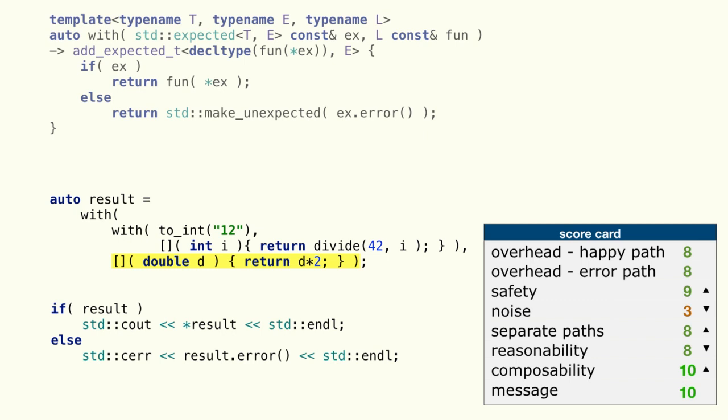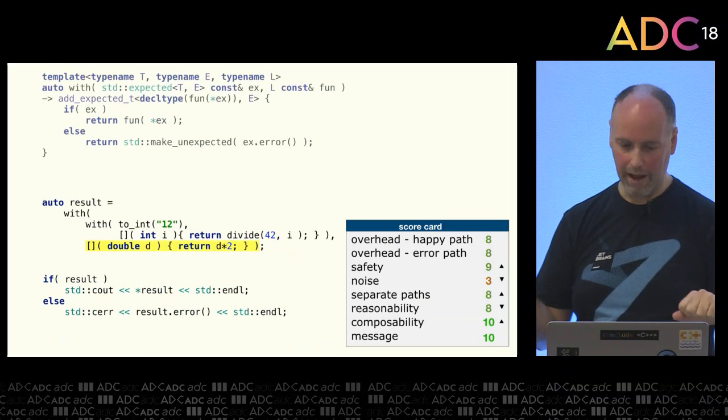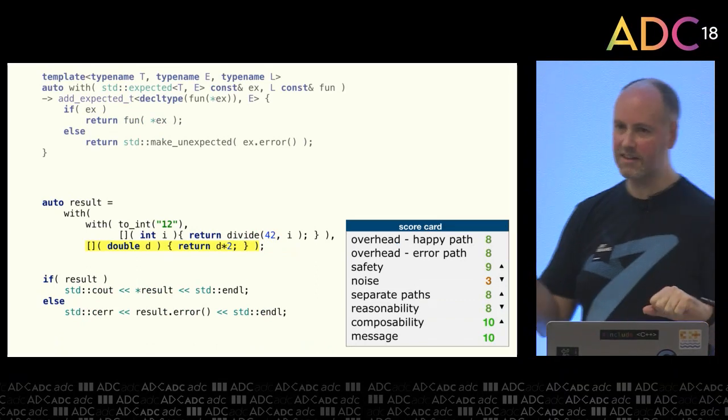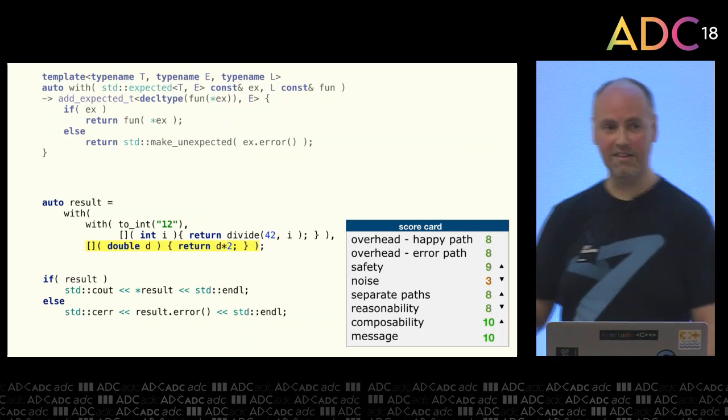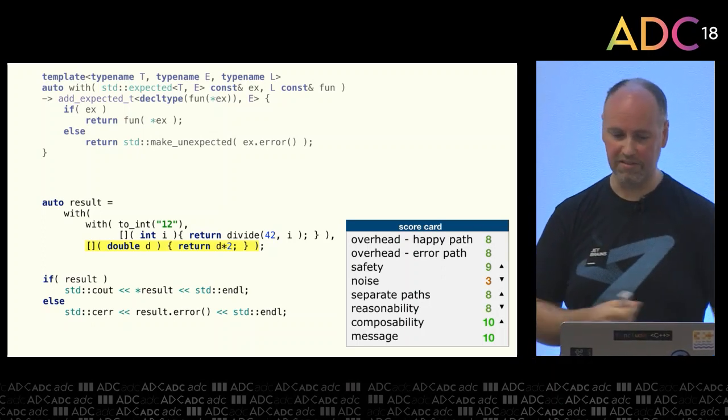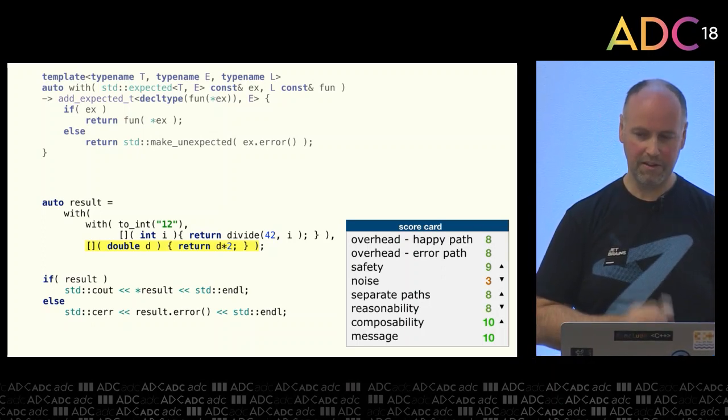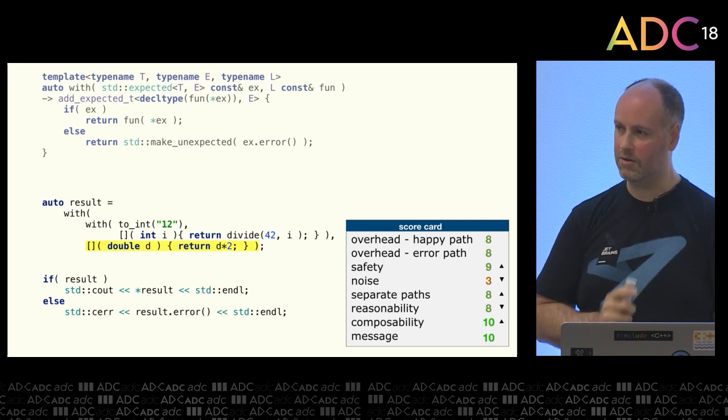But we do have this nice separation of paths. Now the error handling is being handled for us by the helper code. Mostly, we just deal with wherever the error occurred, we deal with it in one place at the bottom. So we're starting to get somewhere, and I think it's easier to reason about as well once you get used to this style. And composability is great. That's exactly how this works through composability. So there's something here, but we're not quite there yet either.